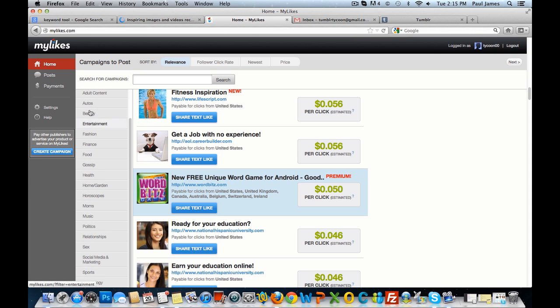So if it has entertainment, that would be good for the celebrity niche. Food is going to be good for the food niche, cooking, recipes, vegan diets, stuff like that. Music would be good for the celebrity niche too. So just go through here. Here's sports if you want to do a sports one. Technology, travel is always a good niche to go for. So yeah, just go through here,